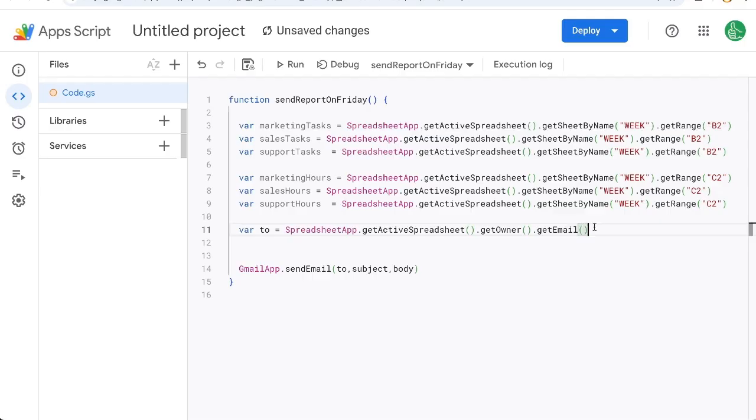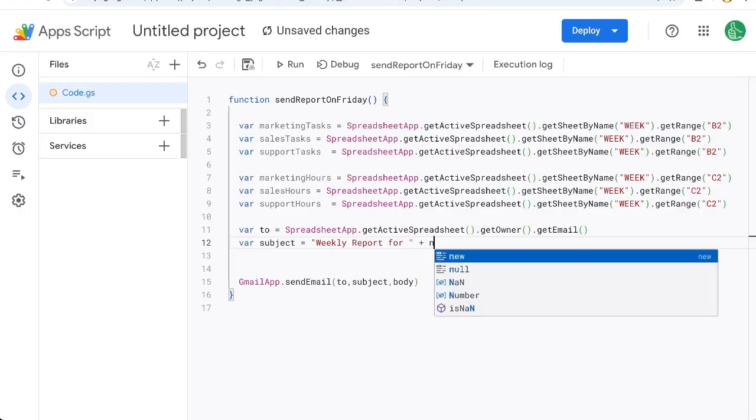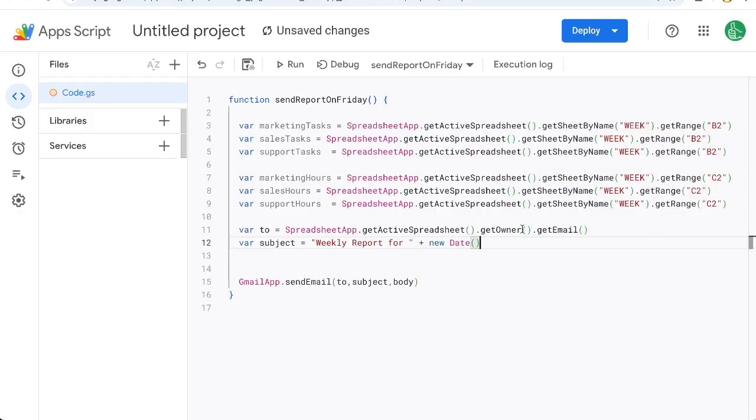This is a programmatic way to get the email of whoever owns the spreadsheet. If you're writing this app script for someone else who owns the spreadsheet, they've created it, this is really awesome to be able to just say, whoever owns this spreadsheet, send it to them. Our subject, I want to add here, weekly report, and add new date. So every email I get from this is going to have the exact date that it's being sent. I can format this if I want,